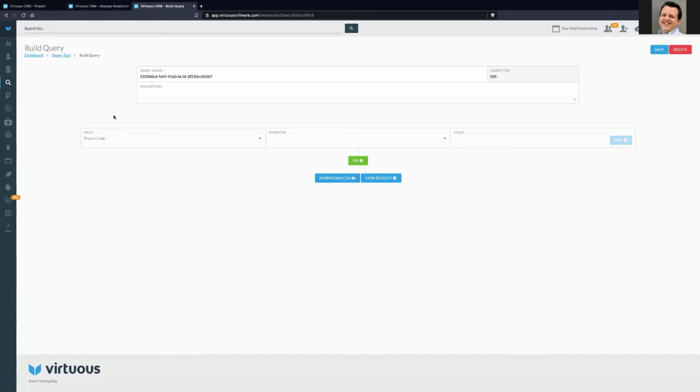But again, within that contact, I could have one person whose emails are getting dropped and another person who's getting them just fine. So I don't necessarily want to do that. I don't want to exclude them. Now, what I can do is create an individual query for all those folks whose emails are getting dropped. And when I go to send an email, I can filter them out, because remember, when you send an email, if I'm in Virtuous Marketing,